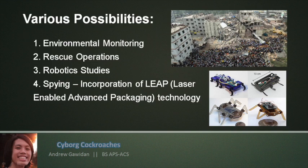Cyril Grison, taking the same innovation class, discusses how smart paper makes traceable money possible. We take a page from his book and incorporate what is known as LEAP, laser-enabled advanced packaging technology, a process which allows the high-volume placement and interconnection of various types of ultra-thin, active, and passive microchips. To learn more on this, I would recommend taking a look at his presentation. The LEAP technology will basically allow the minimization of size of components attached to the cockroach, allowing it to look more natural, opening up the possibility of use in spying,